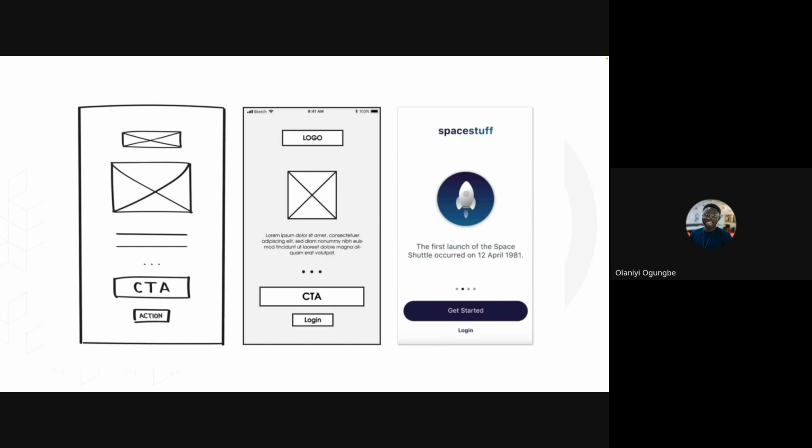Okay, I'll go over it again, Timilane. That's what I'm trying to do. So the one that looks closest or exactly like the final product after it has been built, or the final thing that will be sent to the developers to actually develop, is the high fidelity. The one that looks close to the high fidelity but does not have the brand colors, does not have the proper typography, does not have the proper text, but still looks close to the final one, is called mid fidelity.